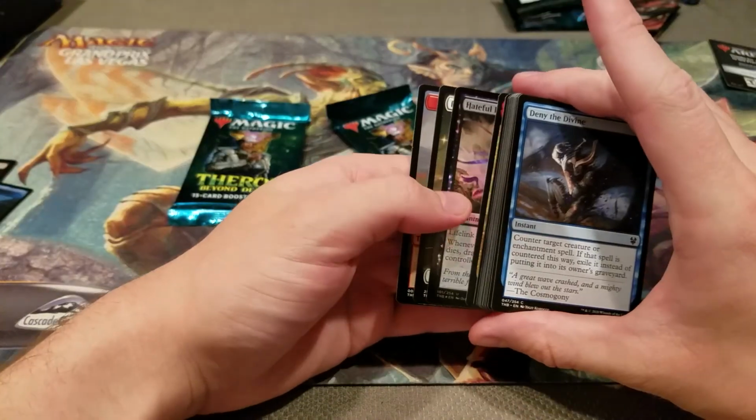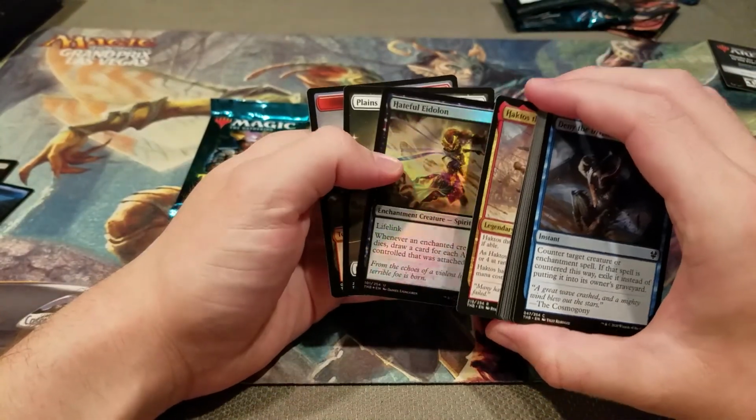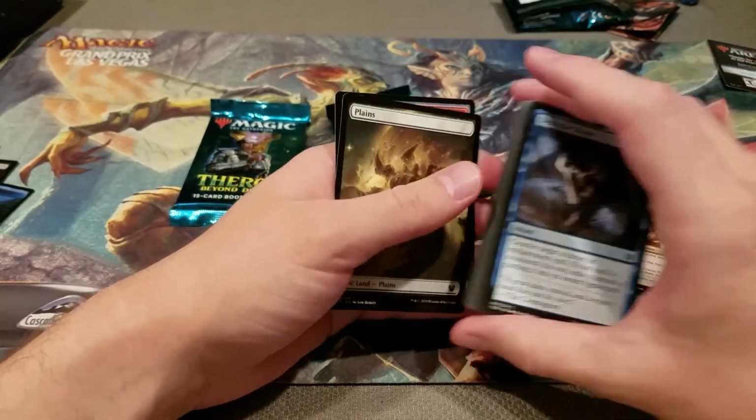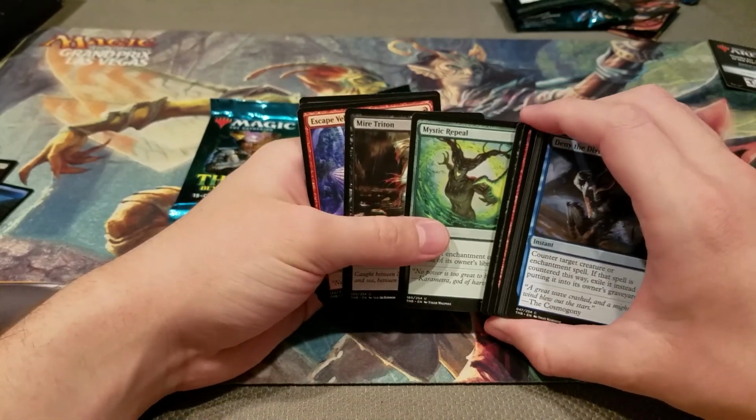But definitely just going by the rares, it's interesting. So we got a foil Hateful Eidolon, which is interesting. We got the Haktos the Unscarred. So it seems like we're getting pulled in a lot of different directions just going off the rares, but commons and uncommons will probably reveal a better